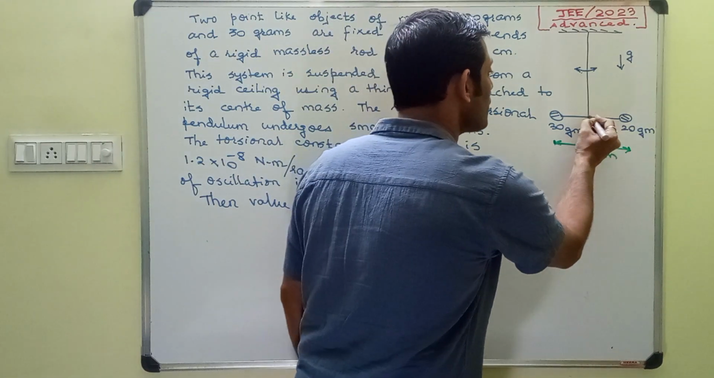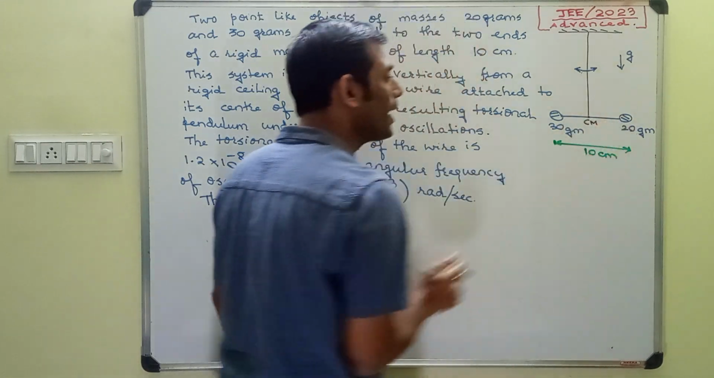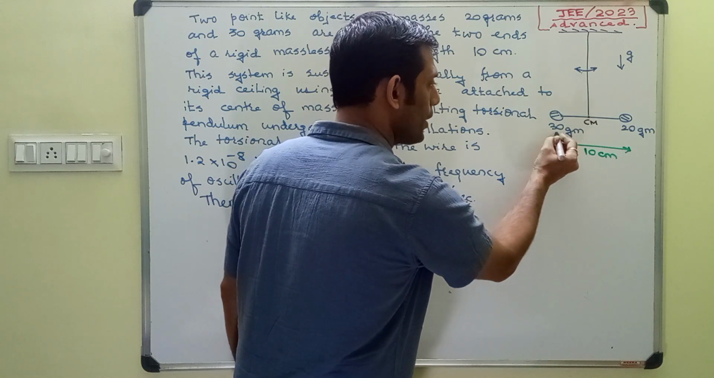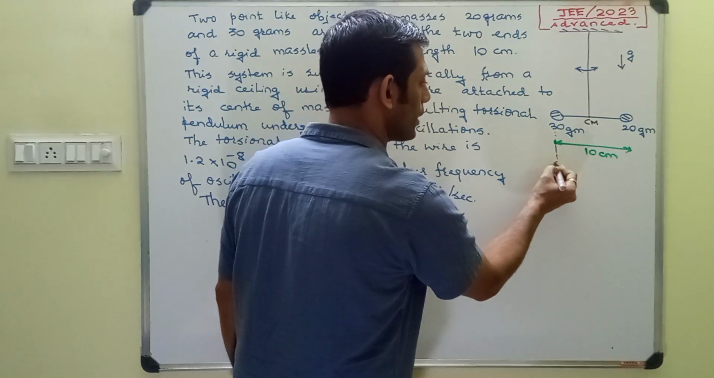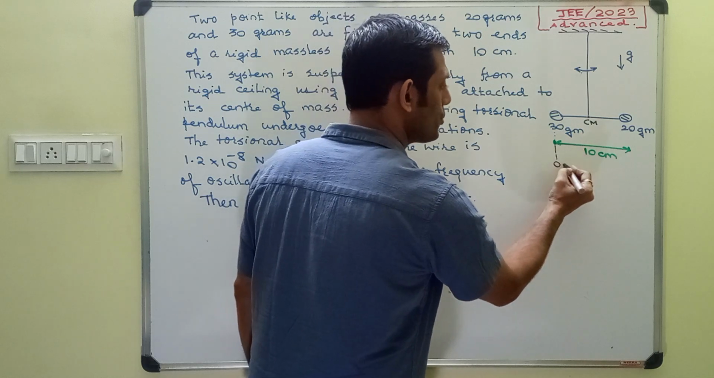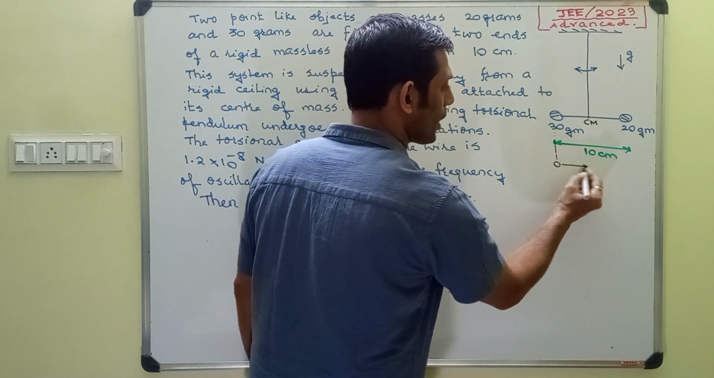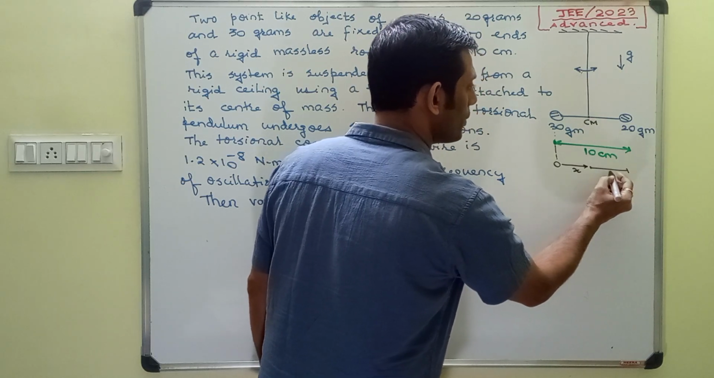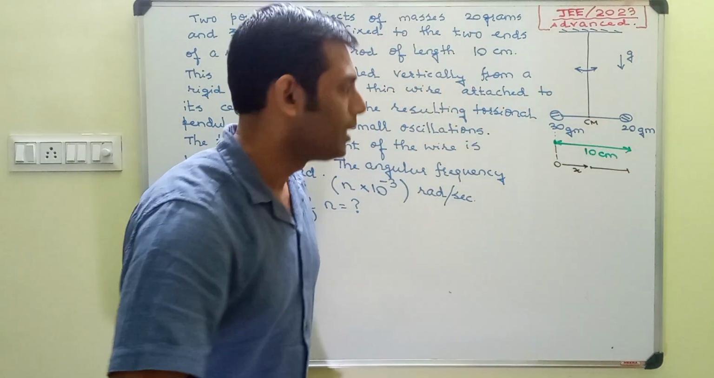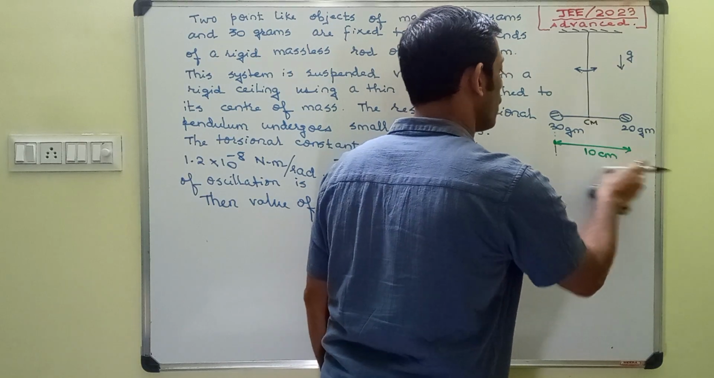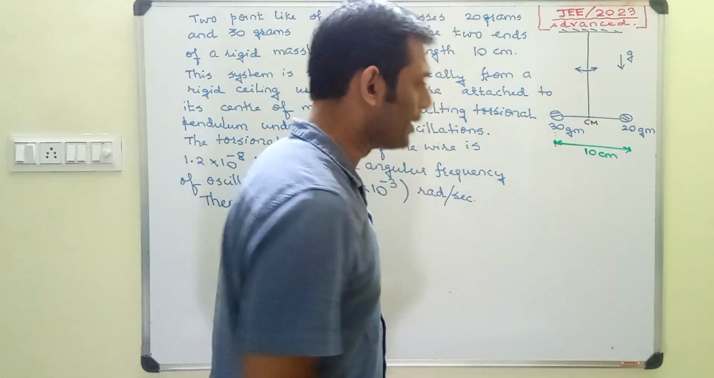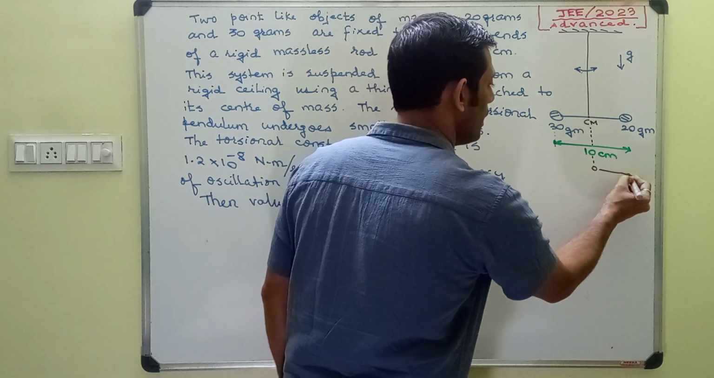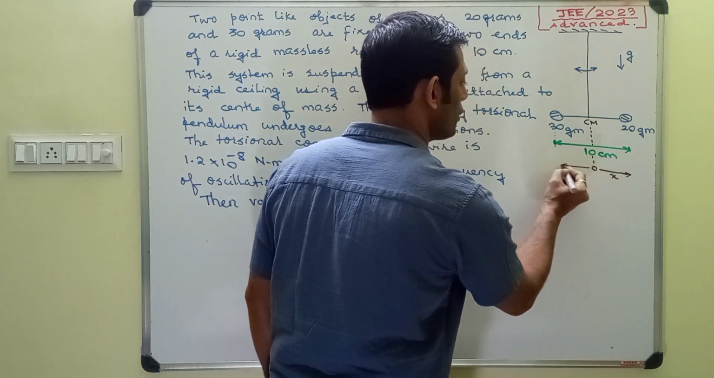Where is the center of mass? Here is the center of mass. How to calculate? Now let's say here this is 10. Let's consider the origin here. If I consider the origin here, and let's say this is equal to x, then the remaining distance is 10 minus x. That means we can consider the origin at the center of mass. If we consider origin here, let's say this much is x, then this much will be